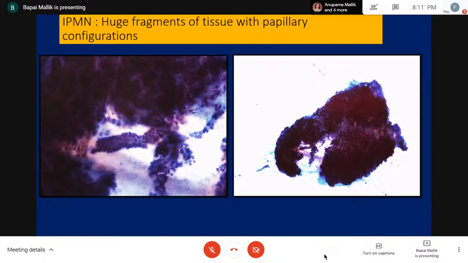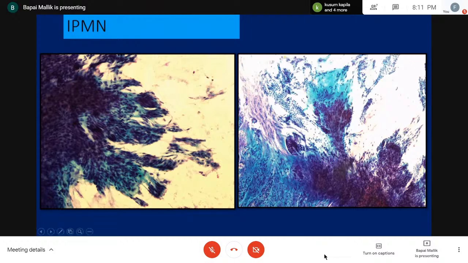quite often we see these structures. We see a mucinous lesion, and then you see these huge tissue fragments, and you can see the papilla here. This is almost a no-brainer, literally, because you can see the papilla and you can say that we are dealing with a mucinous tumor with this kind of papilla. This is IPMN. Look at this one. Papillae coming from the core. These are actually epithelial cells which have been spread like that. Sometimes they really look striking on cytology.